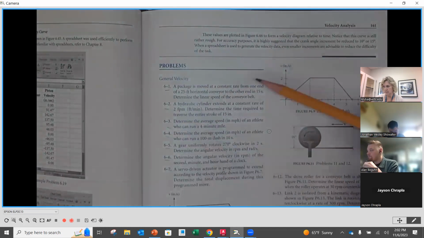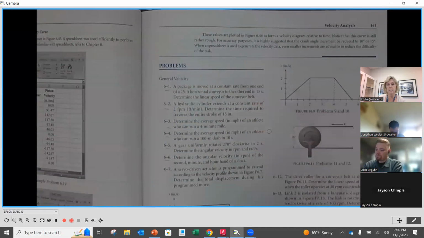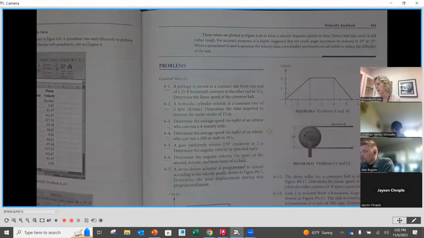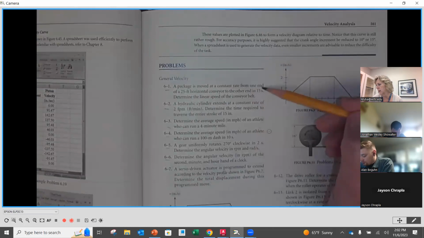Now, each one of these is just looking at general velocity. The intent here is to get us familiar again with the velocity stuff. And this would have been covered in part in our first lecture that we did the last time we were together. Okay, so looking first at 6.1, it says here a package is moved at a constant rate from